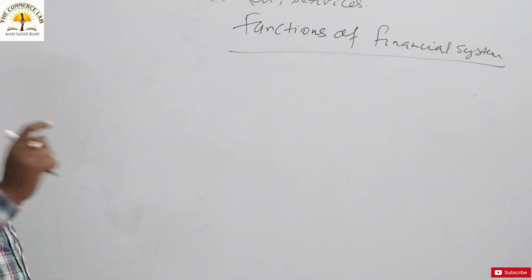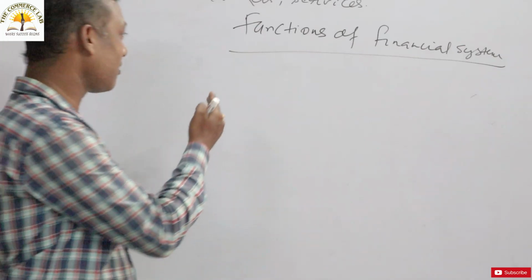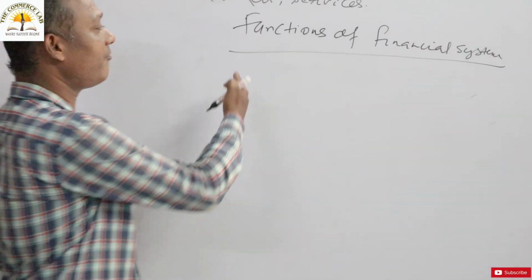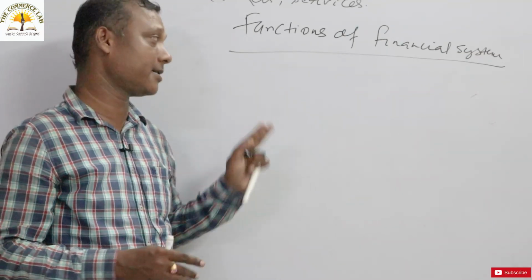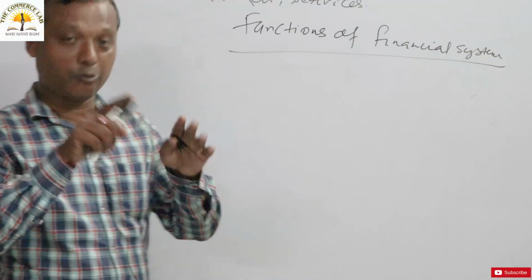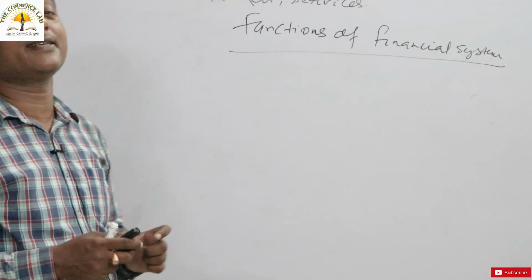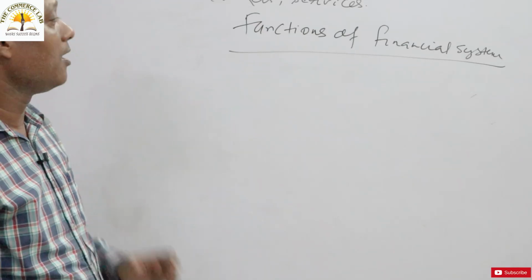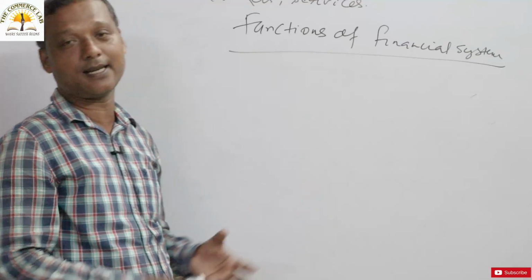We have discussed what is the financial system, the objectives, the composition, and the last part comes: the functions of the financial system. This is an important question for all of you. Usually you have to understand that from here we will know the actual functioning, the actual working of the financial system that exists in India. By assessing the functions, we can analyze the strength of our financial system.